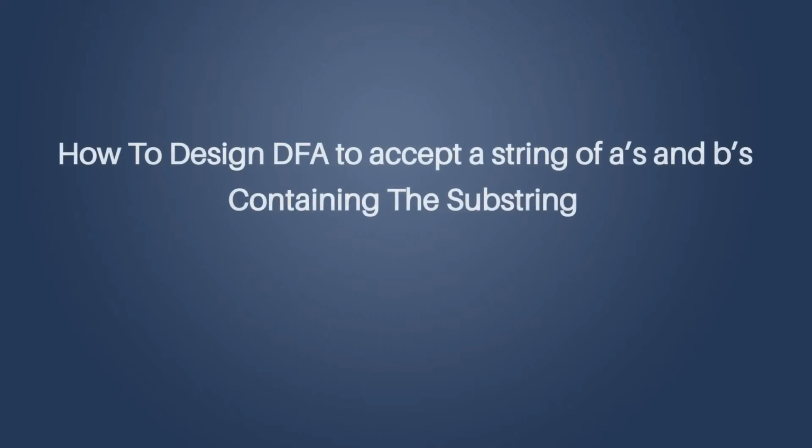In this episode, let us learn how to design a deterministic finite automata to accept a string of A's and B's containing the substring AB. Let Q0 be my start state. To indicate Q0 is the start state, we will be having an incoming arrow like this. On Q0,